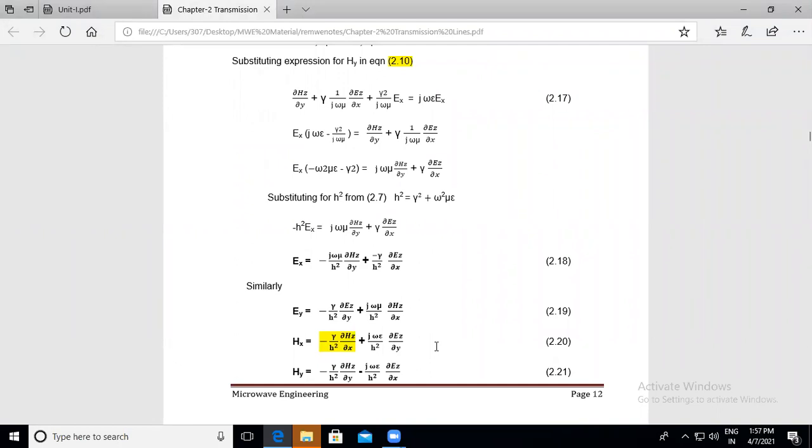So these are the derivations of the transverse electric mode. And previously in the handwritten notes, I explained the transverse magnetic mode equations. If you are perfect with these two derivations, definitely you will get one of them in the final semester exam. I guarantee that if you work with these two derivations, one of them is going to be asked in the final exams. So please concentrate on this. It is an assignment for you today. Whatever derivation we have discussed, please work out these two derivations. It is very important.